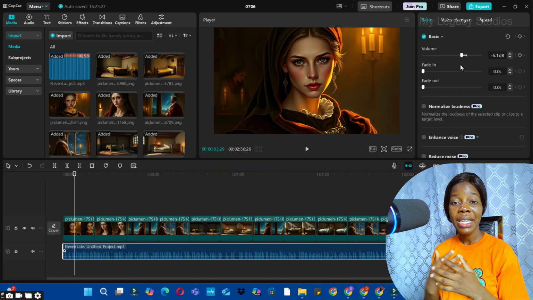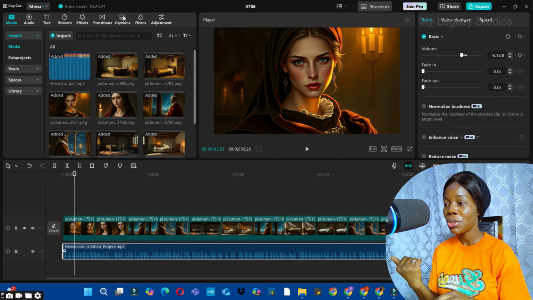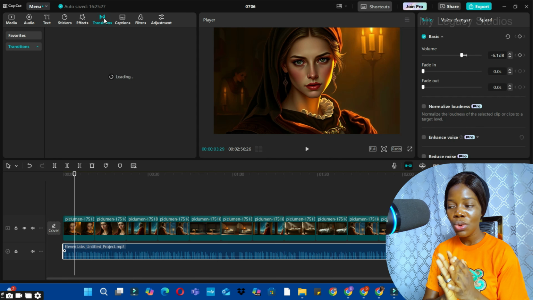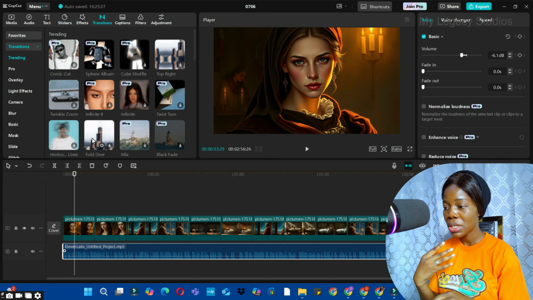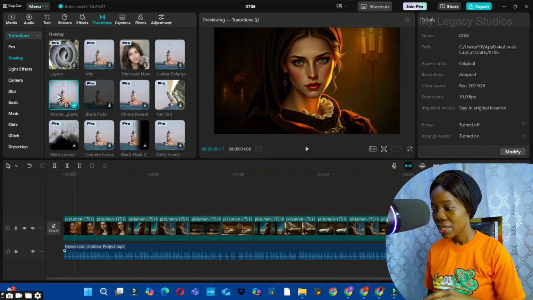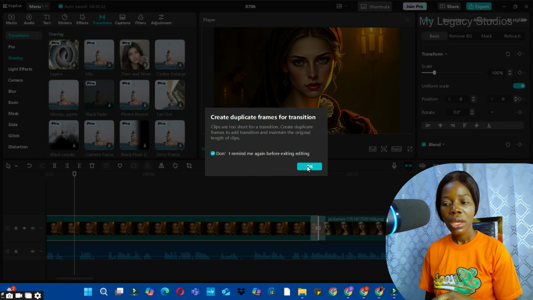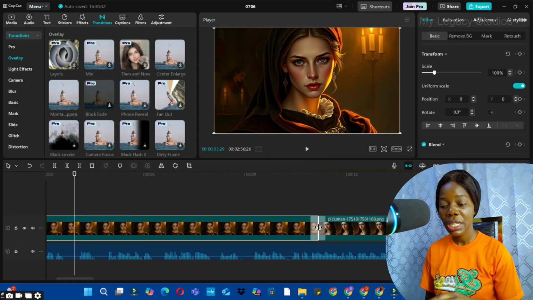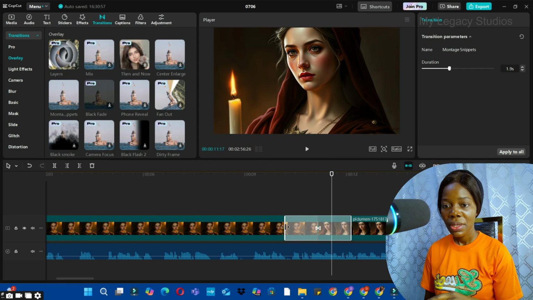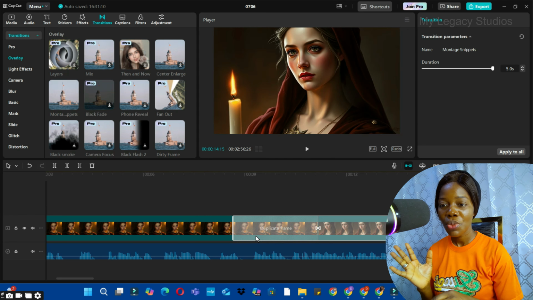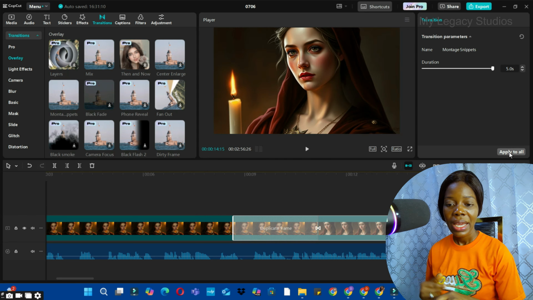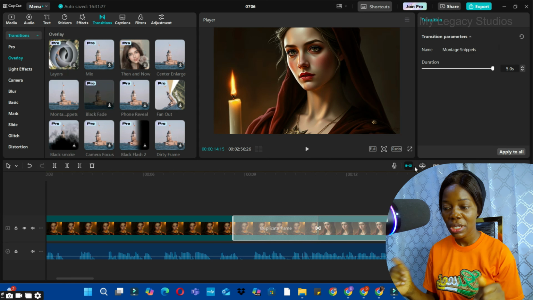Okay, so now the next thing we are going to do is to add transition to our video. We're going to look for something that is cool. Since we're on the free version, we're going to use a free one, but we're going to look for something that is smooth. So I'm going to use a monitor effect. So tap on it like this. It's under the overlay section. So just tap on it and drop it in between the two clips here. We are going to increase the duration a bit so that it will not be too fast on the screen. So we have increased the duration to 5 seconds, and then we're going to hit on the apply to all button to apply the effect to all the clips on the timeline.